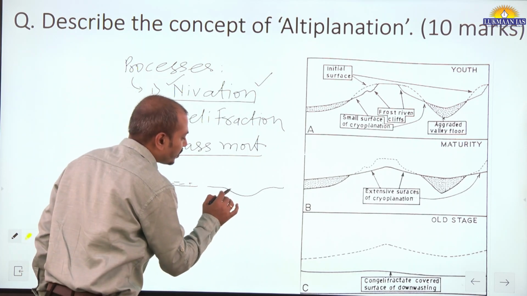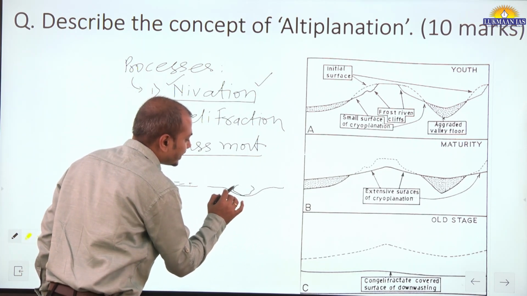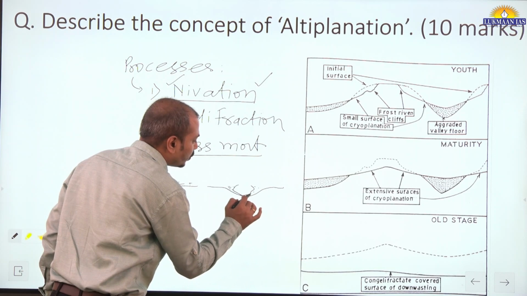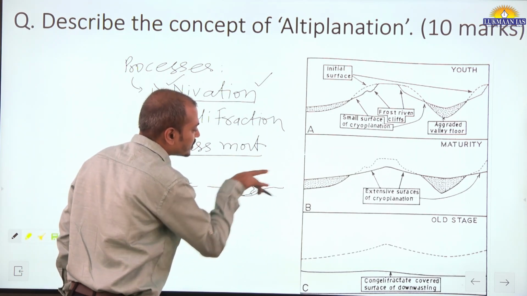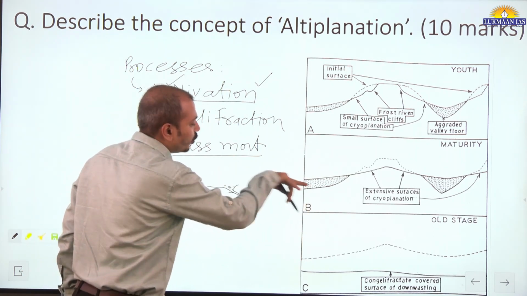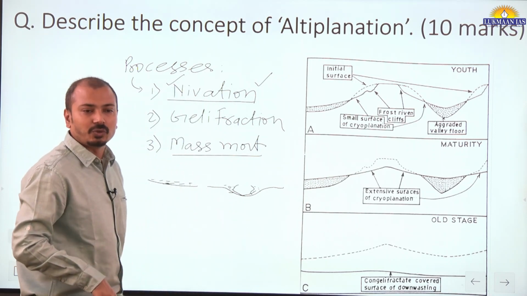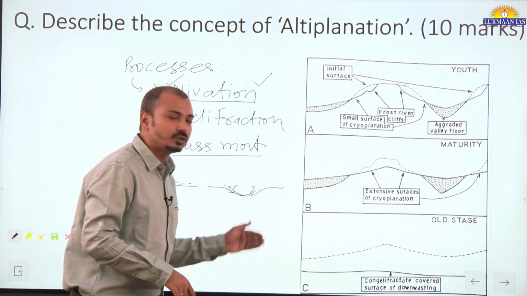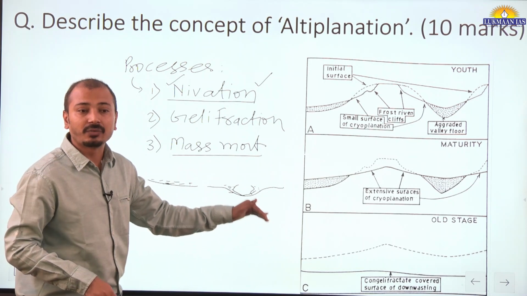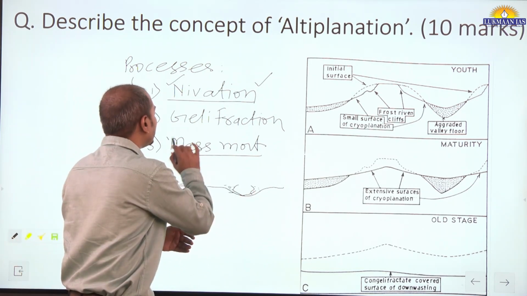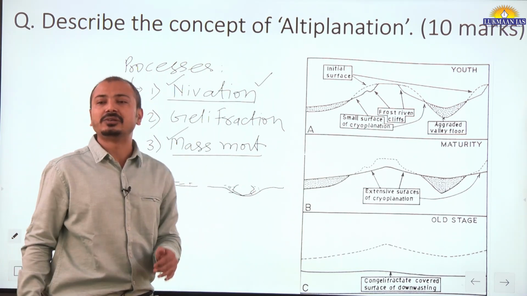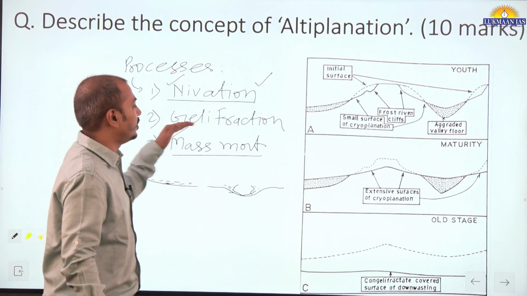Because of that, this ice cover will be like this and there will be water in the outskirts. Suppose there is a slope, there will be movement of this water downslope, and that water will also carry the eroded or weathered material along with it,